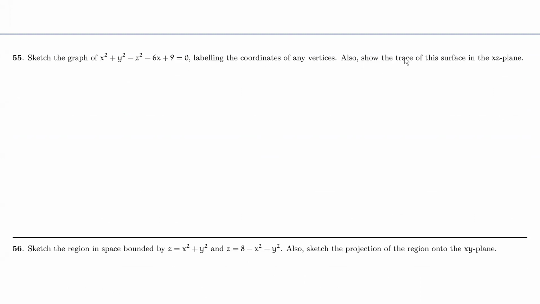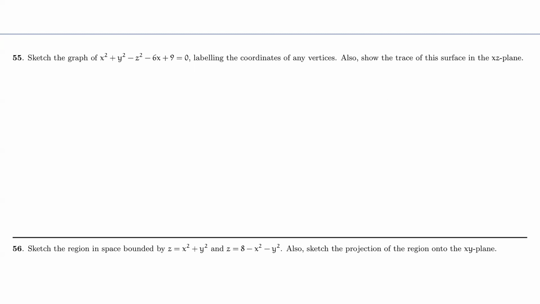Yeah, so here you set y equals 0 for this one, right? You see, you set here y equals 0 because the xz plane is y equals 0. So instead of giving you the equation y equals 0 or the value for y fixed at 0, I'm telling you to do it in the xz plane. So that automatically tells you that the y value is 0 for that. Right? So we do the same thing that we did before, and for the trace, we just replace